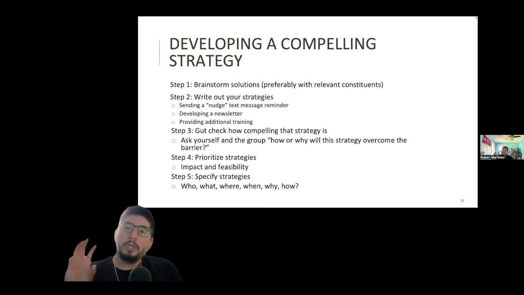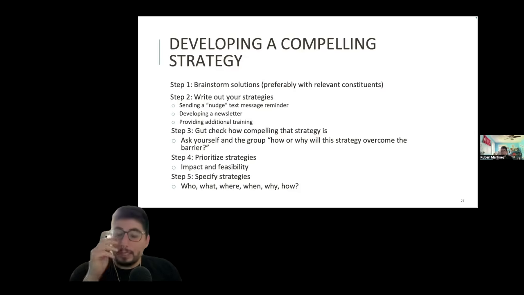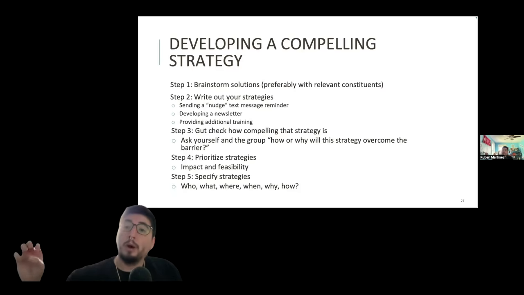And this is something that I do a lot more formally through something called causal pathway diagrams, but something you can do just by asking your team, how or why will this strategy overcome the barrier? And what you're really trying to get at is, do we have a really good theory of change, but we're doing it in a really informal way? Because what we want is to feel compelled that if we do this strategy, it is going to activate something, deactivate something, change something that's going to overcome our barrier. And if we can't verbalize what might seem like a very obvious connection there, then it's probably not worth